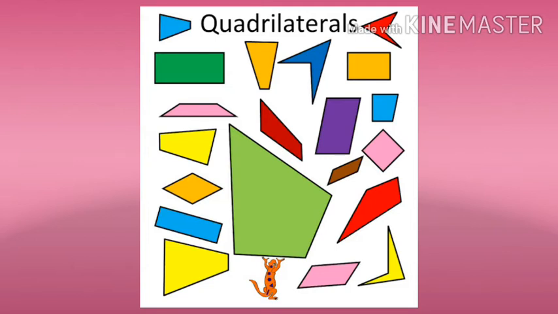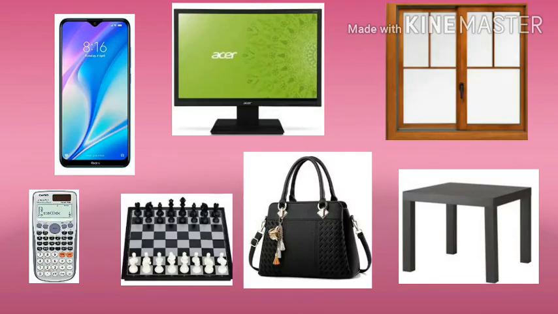Quadrilateral shapes are very common in our daily life. If you consider various objects, you will see most of them have four sides, like a rectangular calculator, books, wall clock, TV or computer screen on which you are watching videos, the table, chess board, even a window sill, and the mobile phones we use regularly. Yes or no? These are all quadrilaterals because they have four sides. So it is necessary to understand quadrilaterals because we encounter them frequently in our daily life.